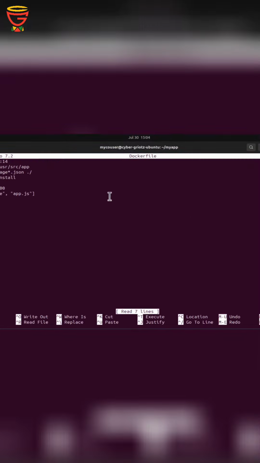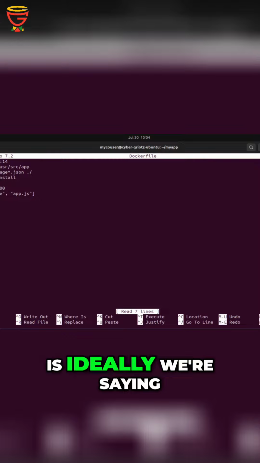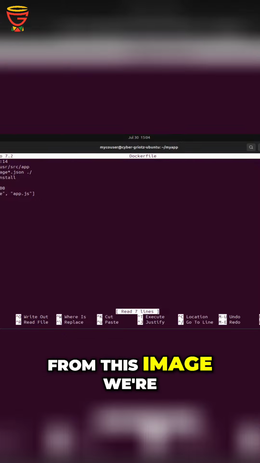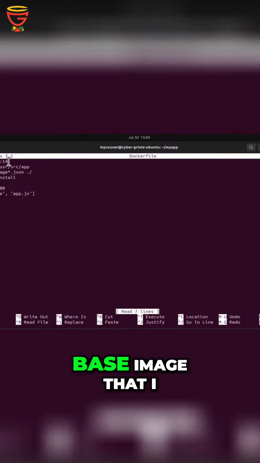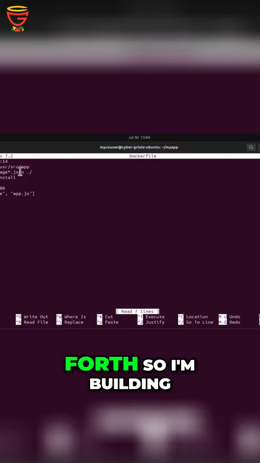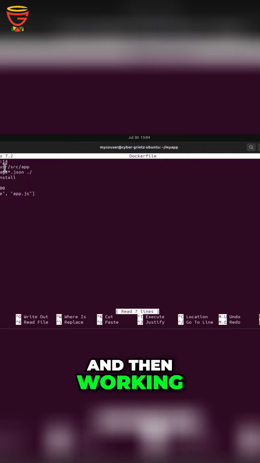I'm going to open up the file, and then I'll explain what we're doing there. So, the Dockerfile. Perfect. Now just to explain what we're doing in this Dockerfile: we're saying FROM node:14, which specifies the base image that I want my package to derive from. So FROM node:14 is just saying this is the Node version and base image that I want to derive from. Remember how we had talked about base images and so forth? So I'm building off of that base image of Node version 14. And then WORKDIR is just saying this is the current